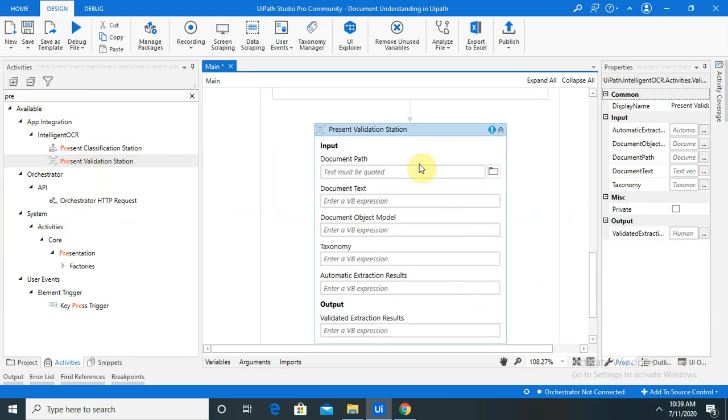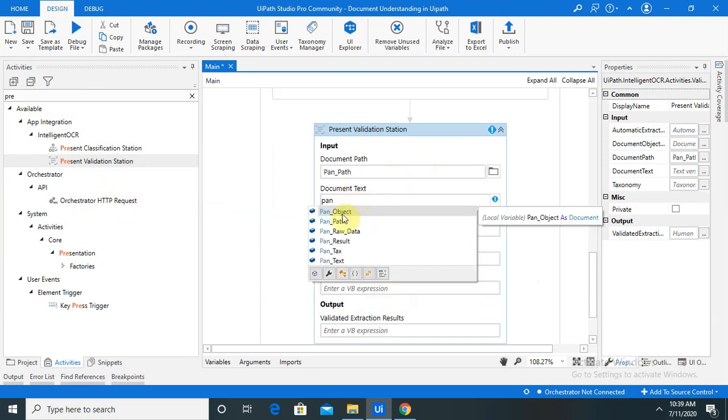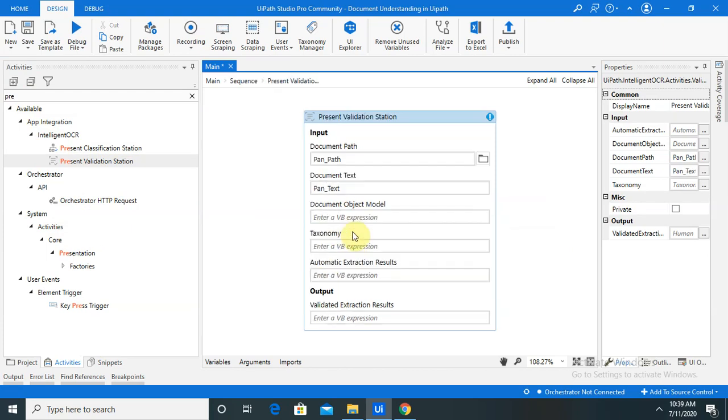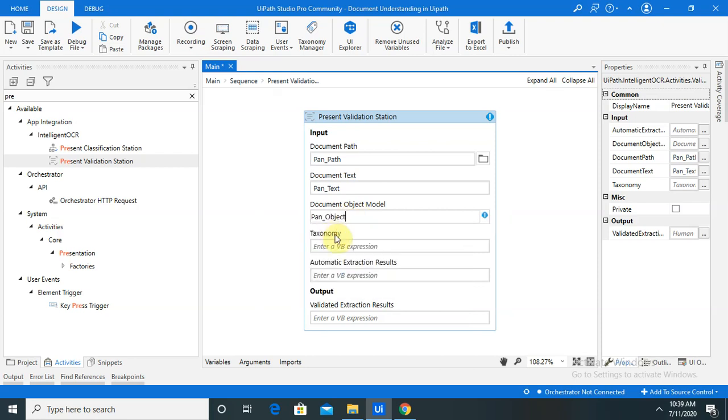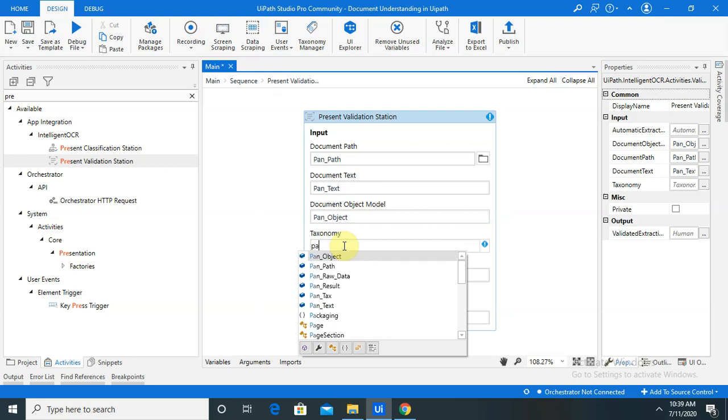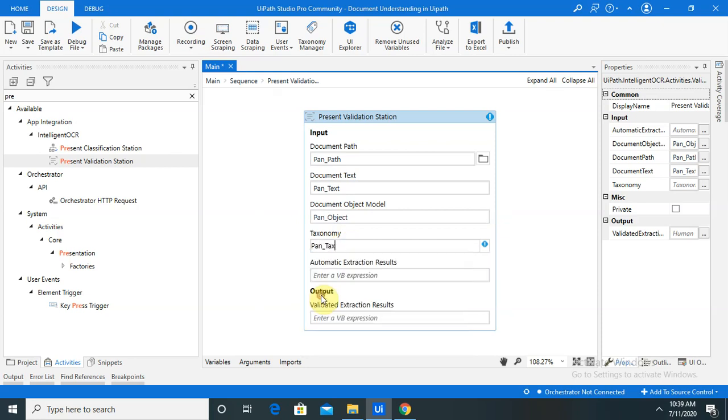Drag and drop this, provide the same details as we did for the other activity. Then pan text. Next we will need pan object taxonomy value. We are going to provide here as pan tax.